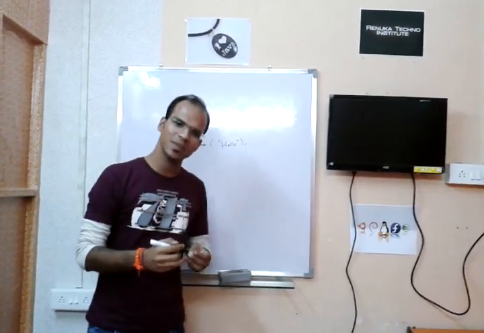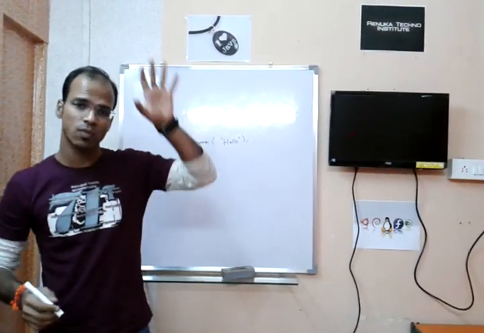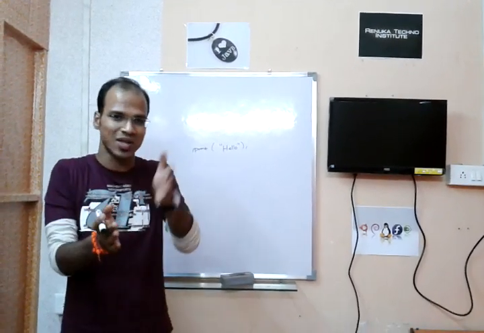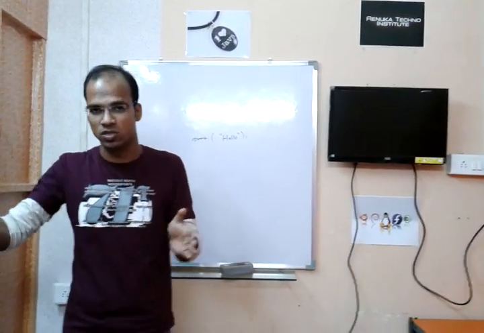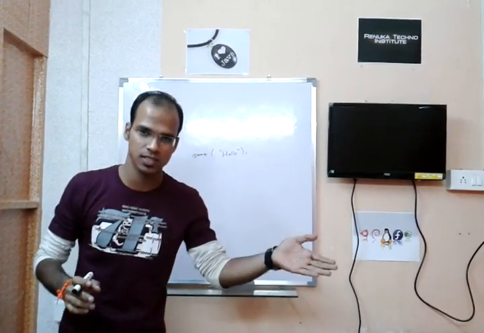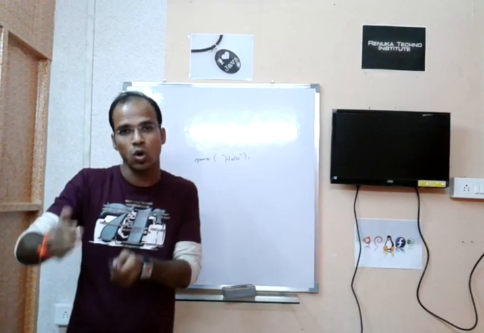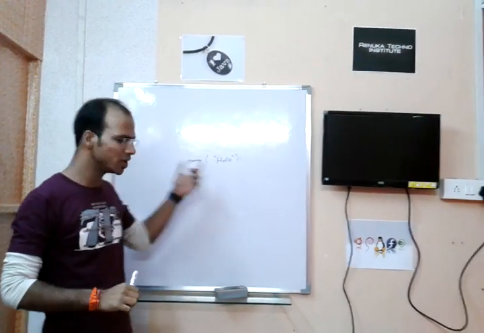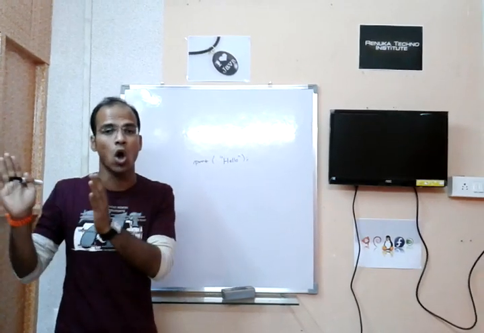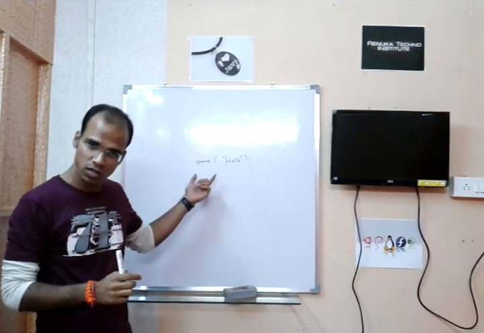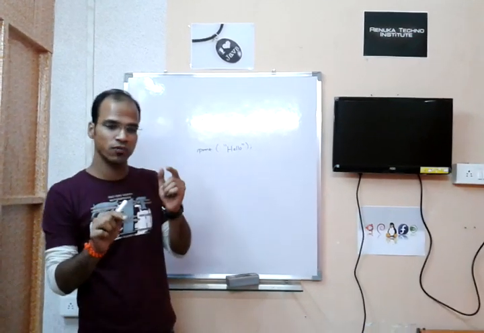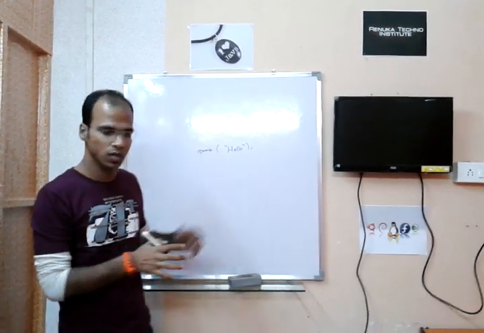Now the problem is methods belong to some object or some class, because methods are of two types. One is static methods, second is non-static methods. Static methods belong to class. Non-static methods belong to objects. And this print is a non-static method which belongs to an object. If you want to use this method, you have to use the object name. And the object name which has print is